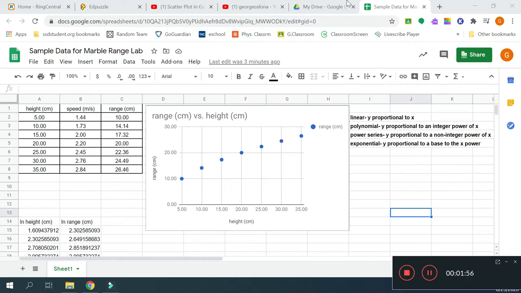A power series is kind of like a polynomial, except when it's a non-integer power of x. A lot of times we use power series when we have a square root function or something of that nature. And then there's an exponential, and a lot of times students will mix up exponentials and polynomials